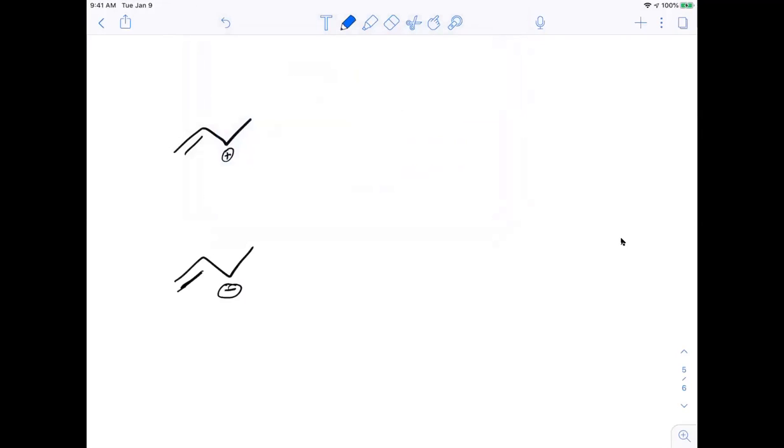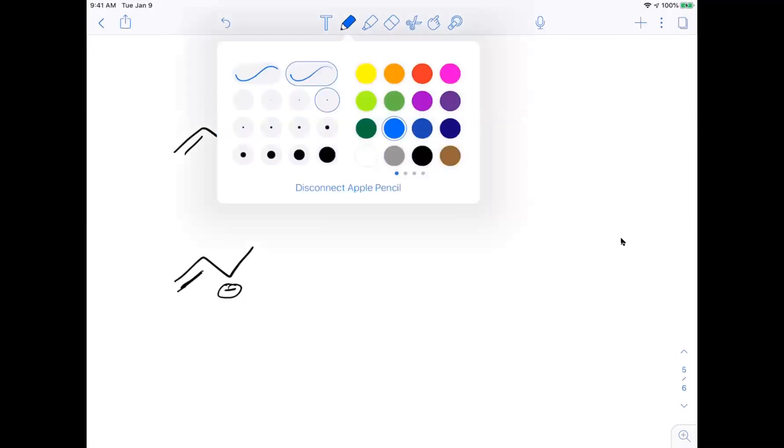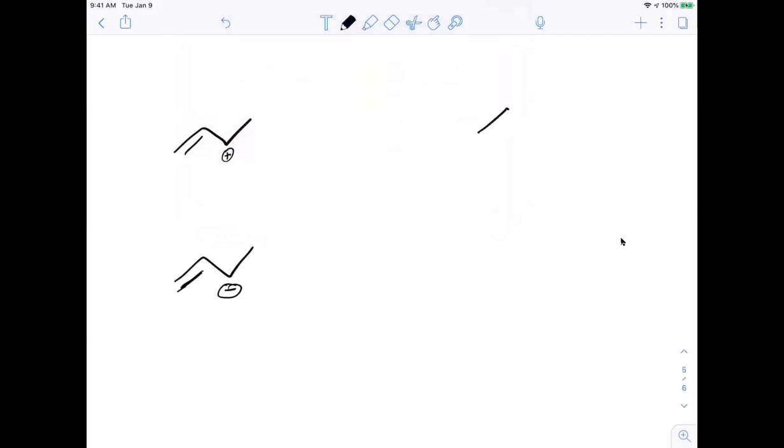So on the first one, let's look and see what we have going on here. So we have a p orbital here, right? Do we have a p orbital here with a positive charge? Well, the positive charge says that I have one hydrogen, right? So I have a hydrogen and then a positive charge. If we look at our